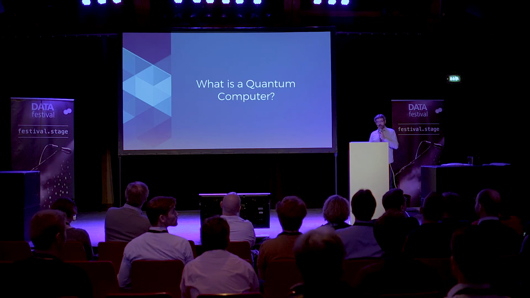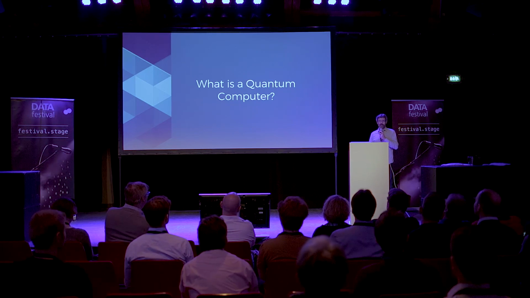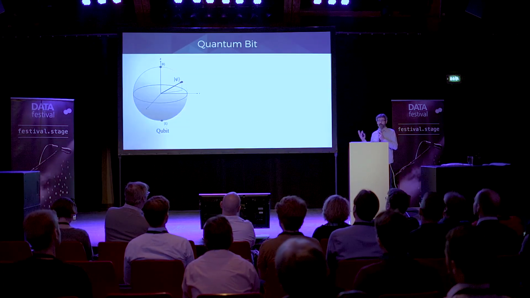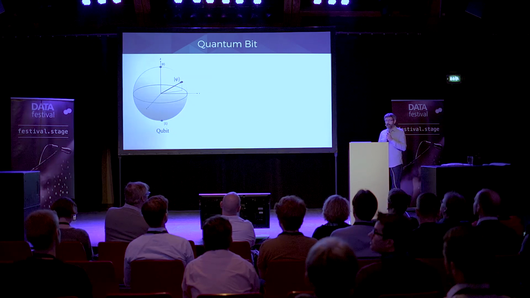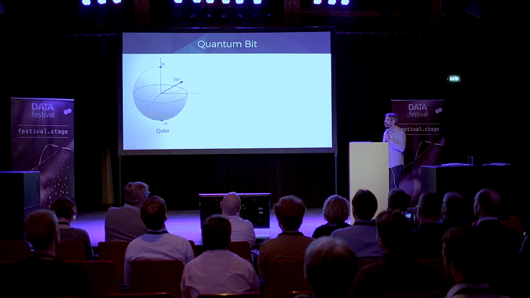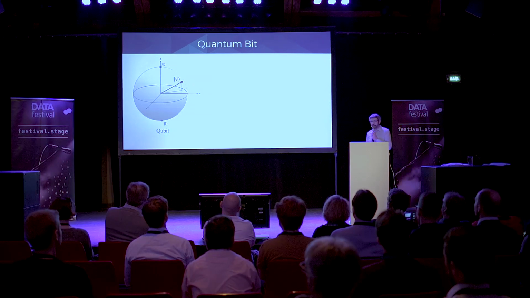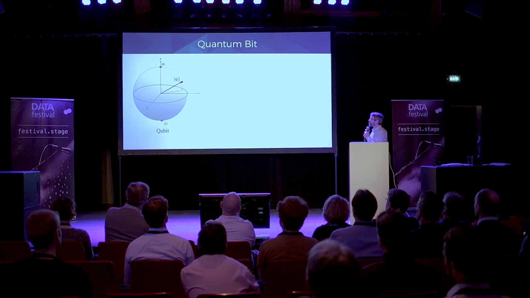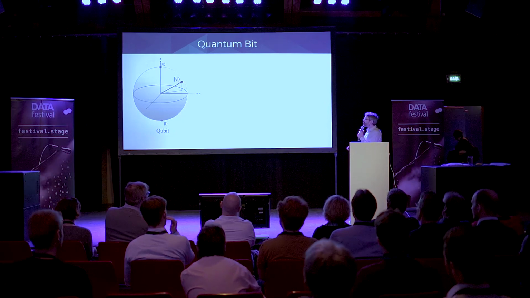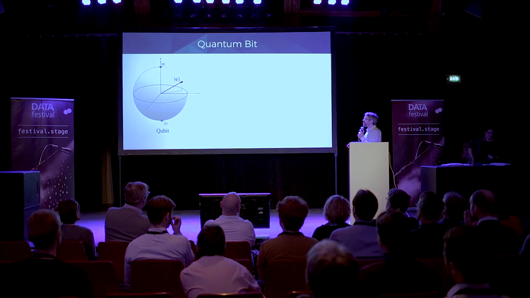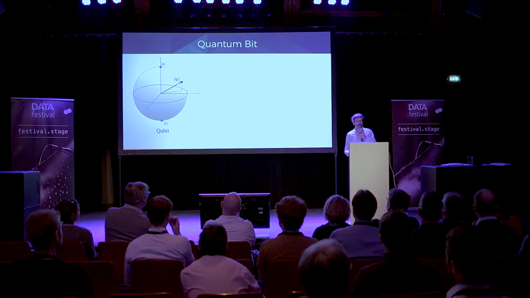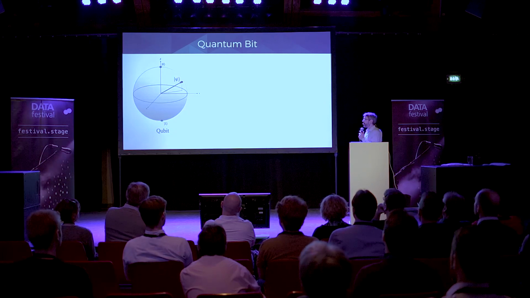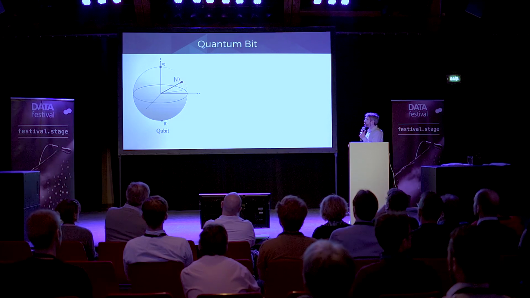Starting here is the basic logic unit that is used in computation. That's the qubit that was just seen on the slides before. So qubit basically stands for quantum bit, not so creative, I would say. And it's usually depicted in this so-called Bloch sphere. It's not so important, but I will just guide you through it. Similar to the classical bit, which is still the basic logic unit of the hardware we're using on an everyday basis, the Bloch sphere or the qubit has the 0 state, which is depicted up here, and the 1 state. So it's just logical yes or no, 0 or 1.